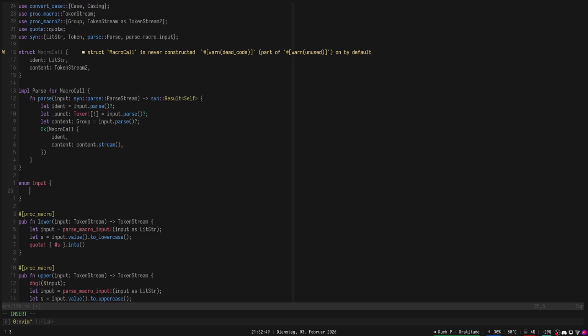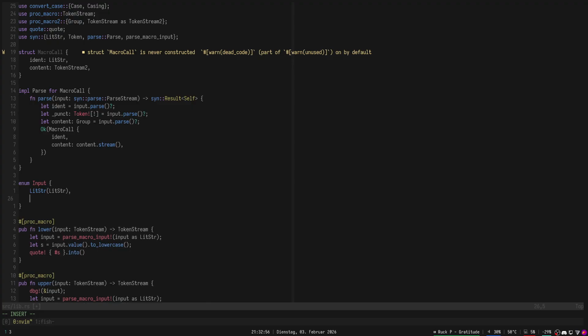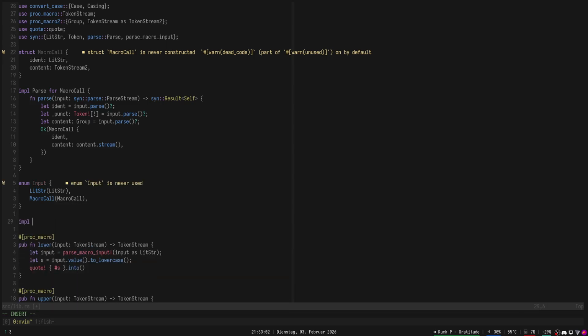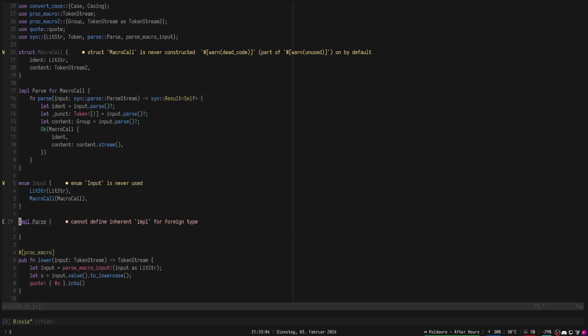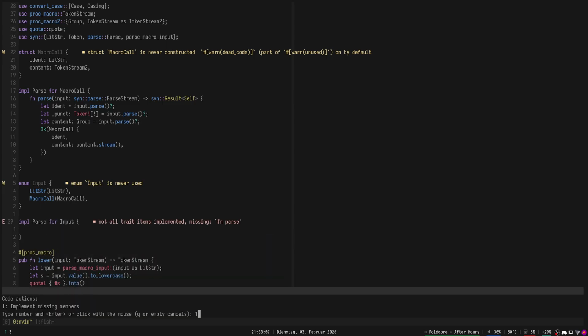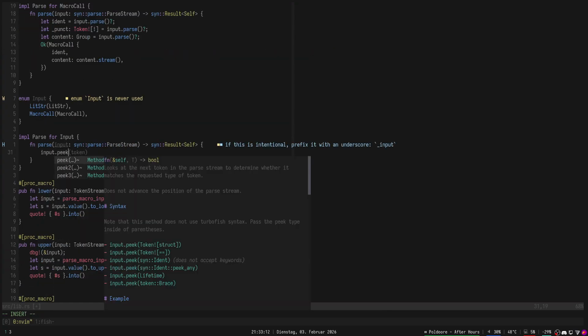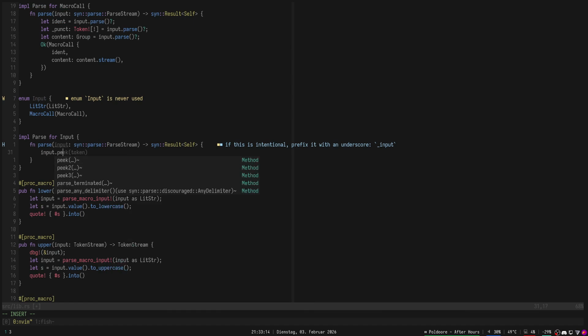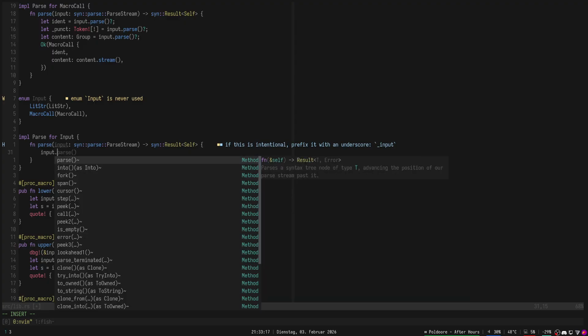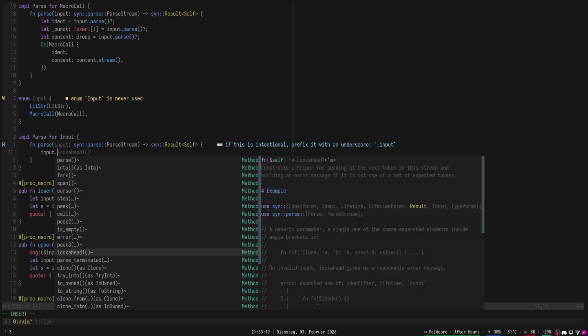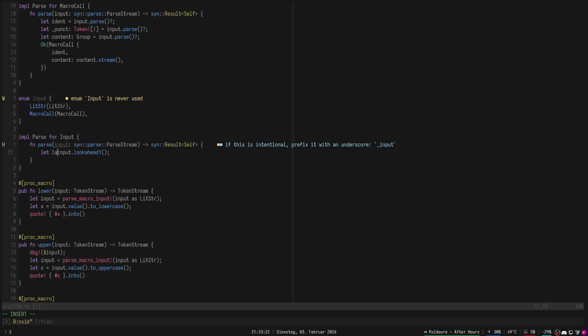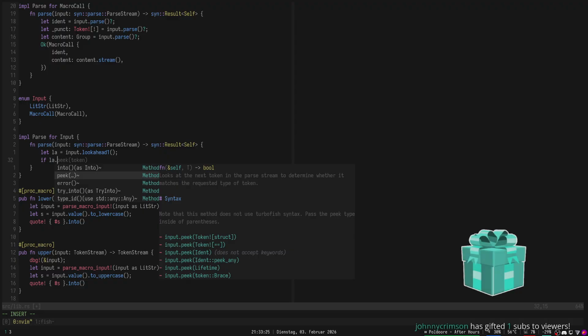Okay, so input can either be a string, a LitStr specifically, or it can be a macro call. And then we're going to implement parse for this. And then here, we're going to do input.peek. No, what is it called? There is a lookahead. This guy. So if LA